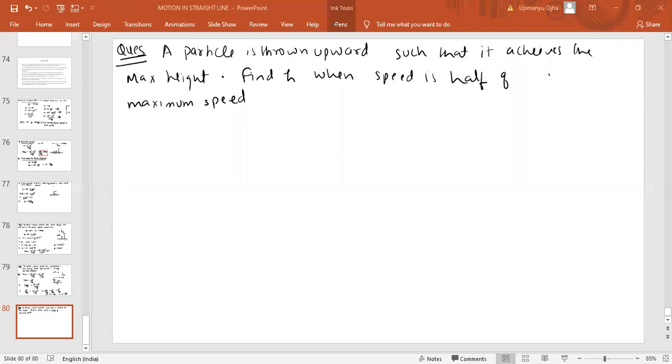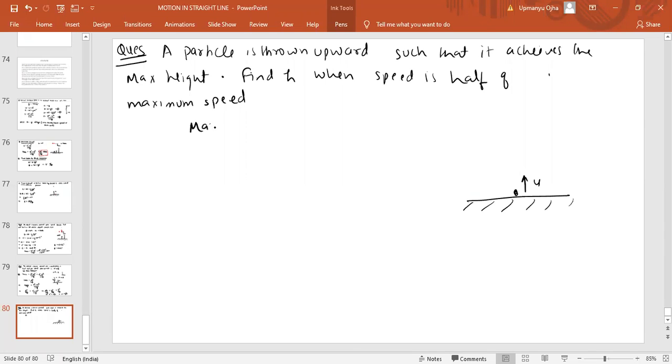See, how will you solve this problem now? First of all, tell me, when you are throwing the object upward with some initial velocity u, is the speed of the body decreasing while going upward or not? Is that correct or not? When you are throwing the object upward, the speed of the particle will decrease as it is going upward, which means the maximum speed is the initial velocity. Yes, the initial velocity is the maximum speed.